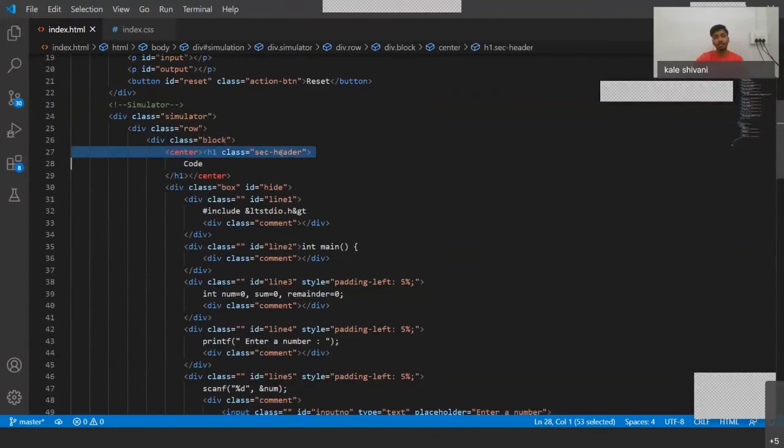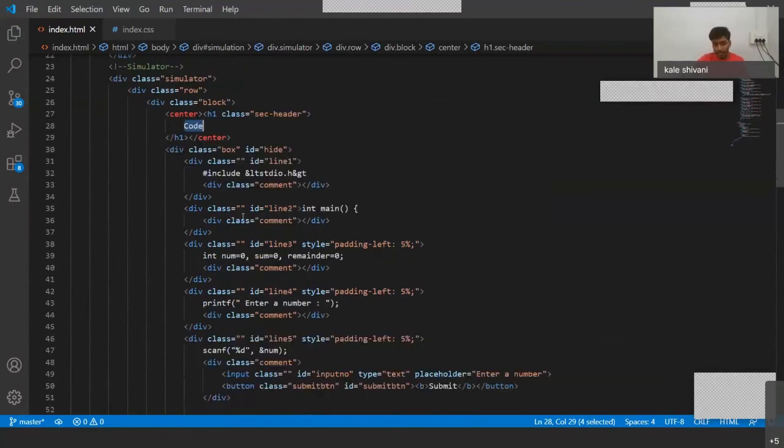Inside it, we are giving the section header, which will be printed, and since in the code section we want to write our entire code, concentrate on this first line. We have given the id to line 1, and inside it we have written some text and a comment. In case we want to show something more descriptive about a particular line, we use this element.